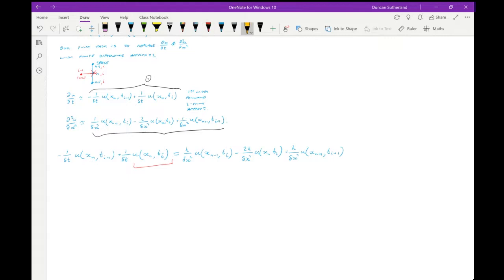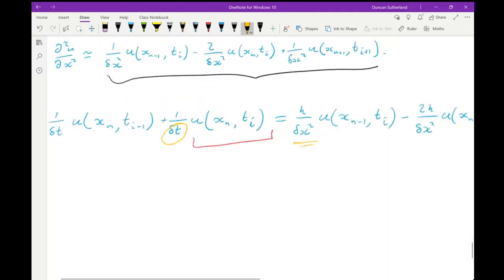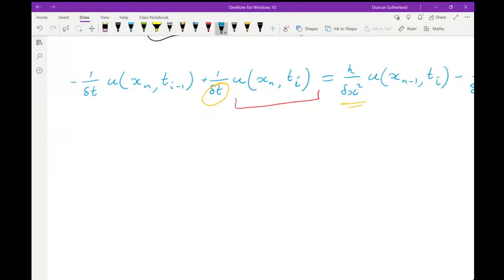First thing that we can do is we can multiply through by dt, clear some stuff. We've got a common factor of dx squared and the k as well. So we'll try and deal with that. When we do that, when we multiply through by dt and take care of the common factors on the right-hand side,